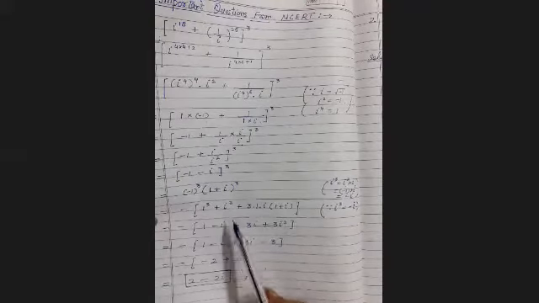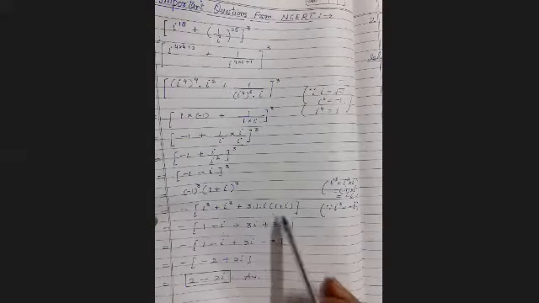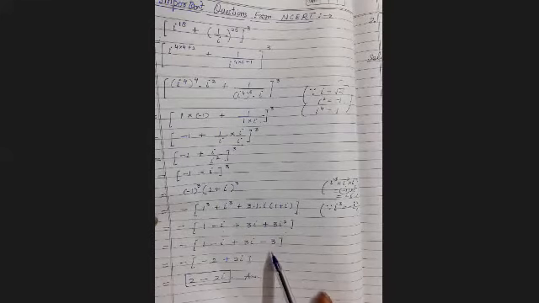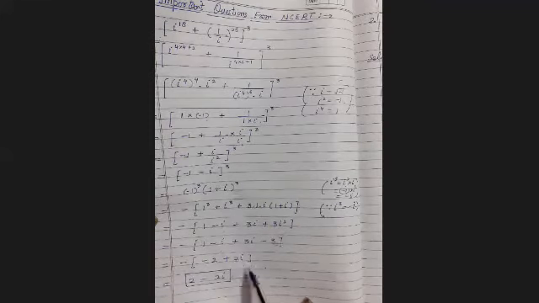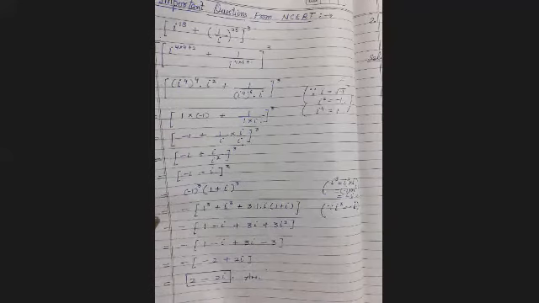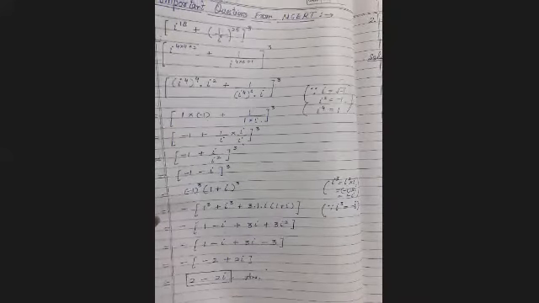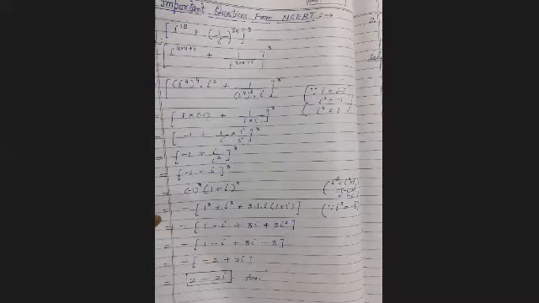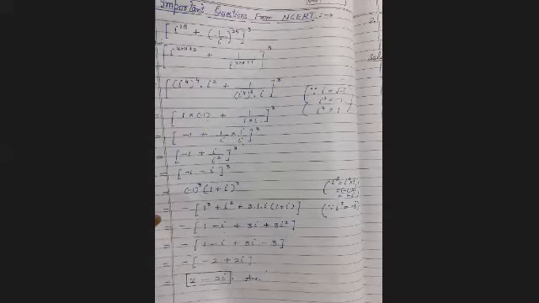In place of i^3, we are writing minus i, and by multiplying it, we get i^2 whose value is minus 1 again, and therefore by simplifying we get minus 2 plus 2i. By multiplying with the minus sign, we get 2 minus 2i, which is in the form of a plus ib. In this way, we can simplify these kinds of questions based on iota, by adding or subtracting and opening the power, we can write any number in the form of a complex number.